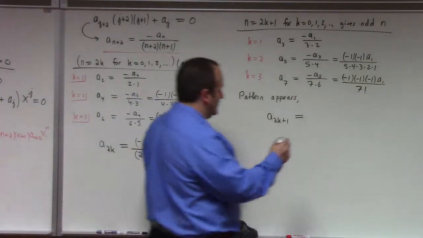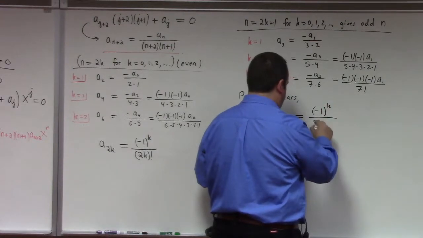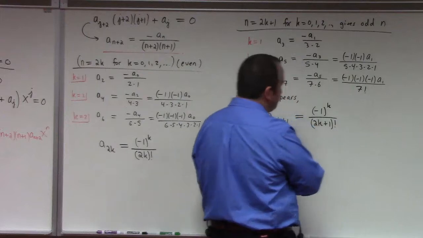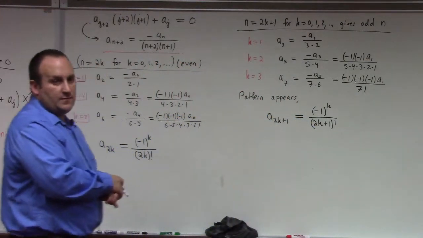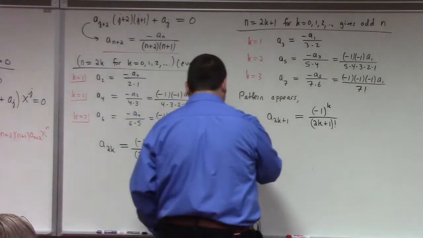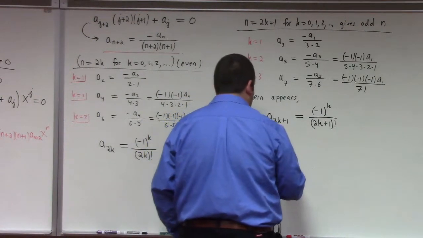I think you guys can see it, right? It's minus 1 to the k divided by what? Divided by 2k plus 1 factorial. Yeah. And so we put everything together, right? Hence, y is equal to,